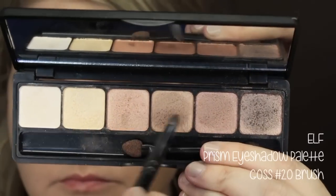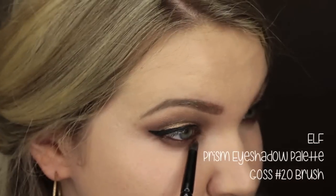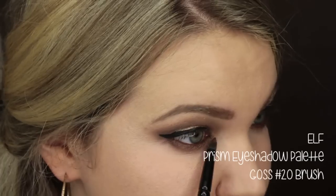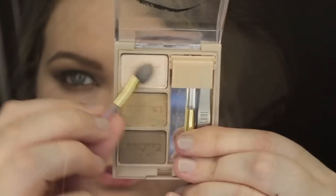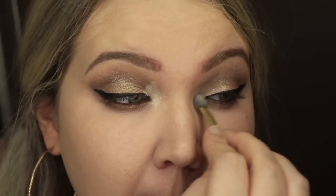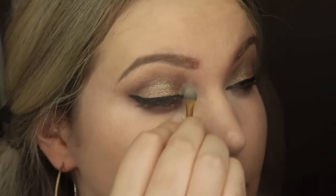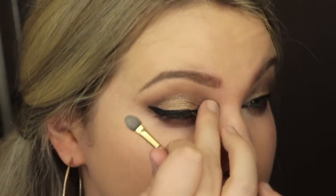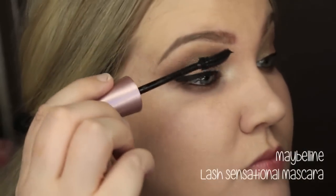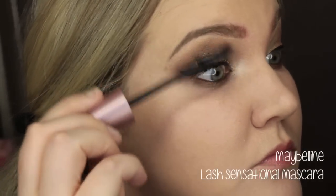a little bit wet and I went into these two shades right here and I put those in the inner portion just to give a little bit more dimension on the bottom lash line. And then for the inner corner, I used the Milani kit. I love this highlight shade, so I kind of placed it, it's really pigmented, and then I used my finger to smooth it out. Going in with mascara, I used the Maybelline Lash Sensational mascara and coated my lashes with